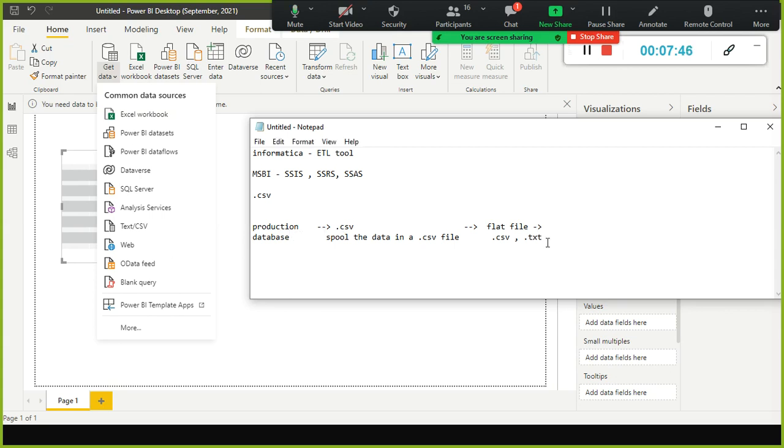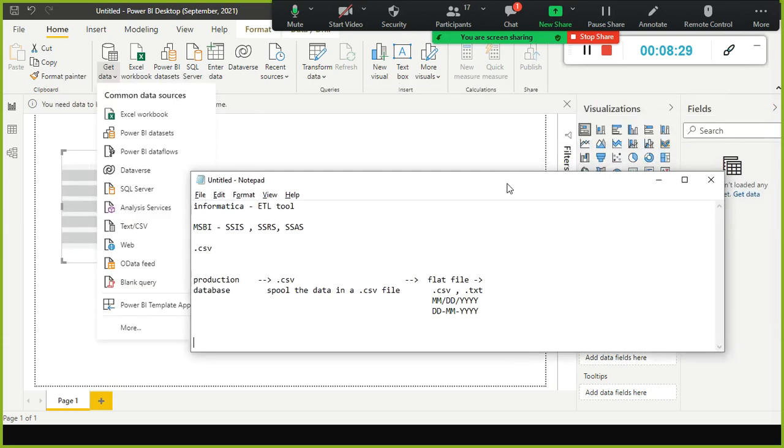Also, we can request them to give the data in a specific format. For example, as I discussed in the last session, the US date format is month, date, year. If there are any date columns in the data set, we can ask them to give it in whichever format we need. But usually we use month, date, year only, because most of the time we work with US customers. So the files are given as CSV files, and you can import the data from a CSV file.